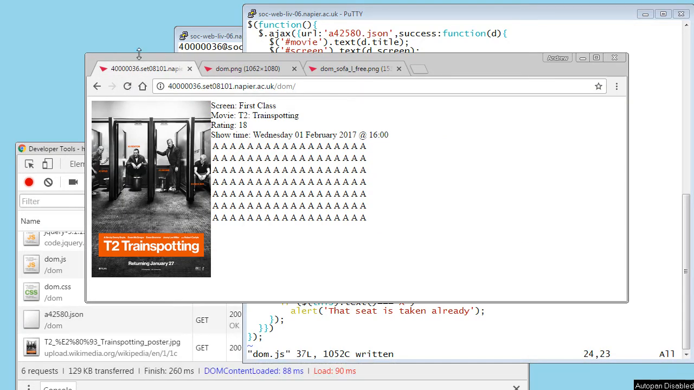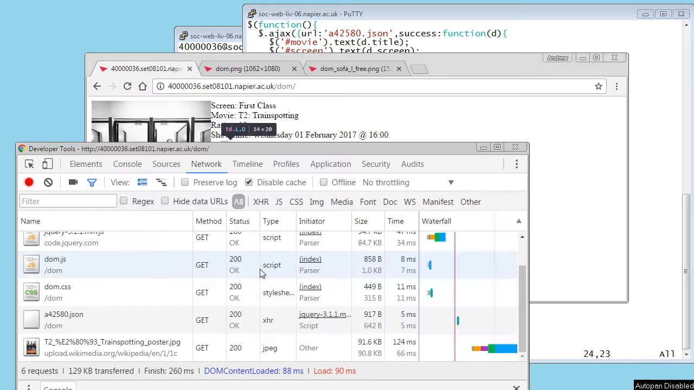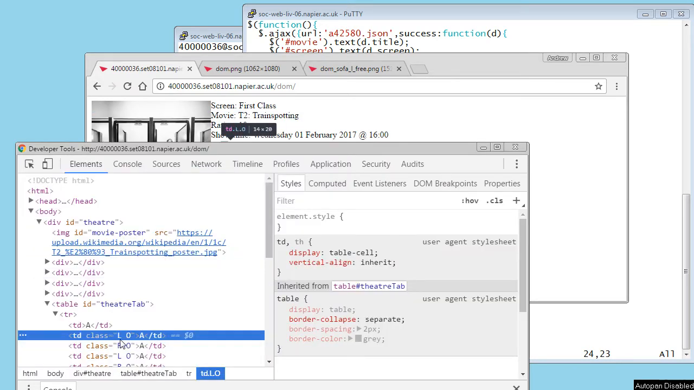And it's not looking promising, but let's right click. This guy here is blank. This guy here is a left armchair that I think is free. Let's inspect it. So that is a left armchair. L means it's a left armchair, O means it's free. The one next to it,